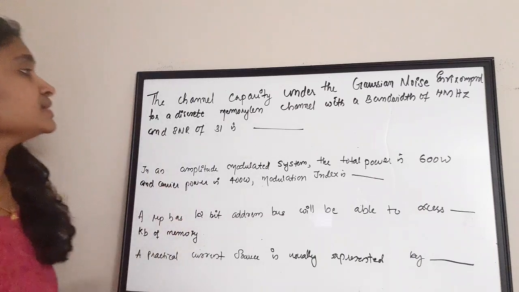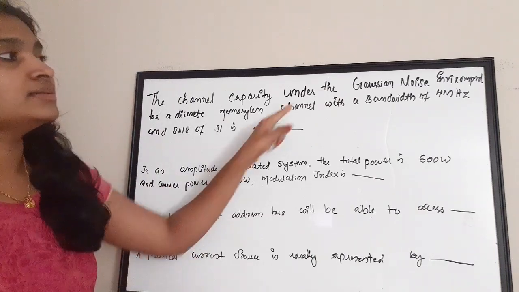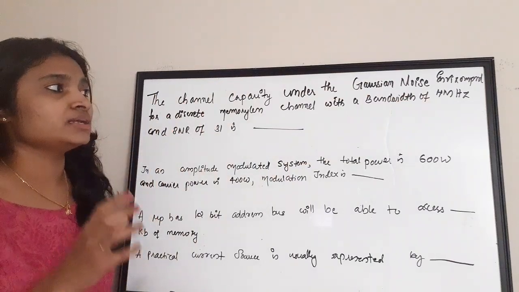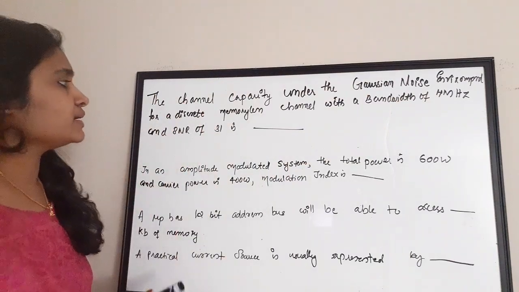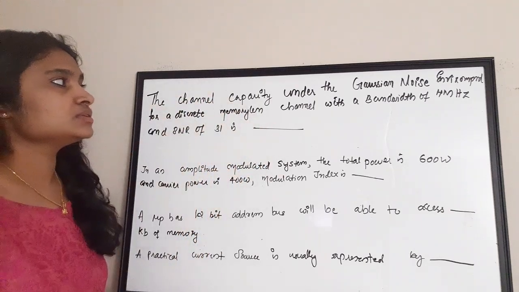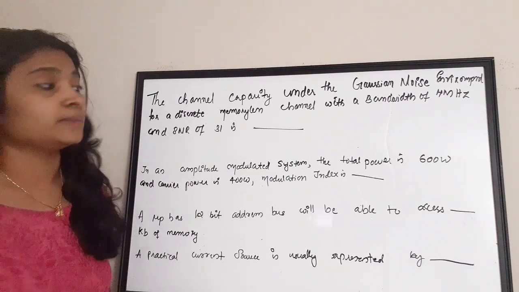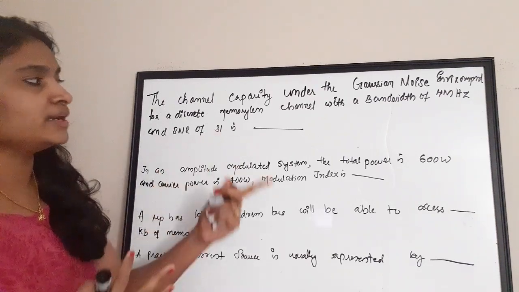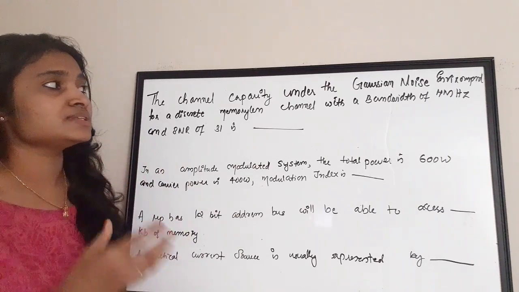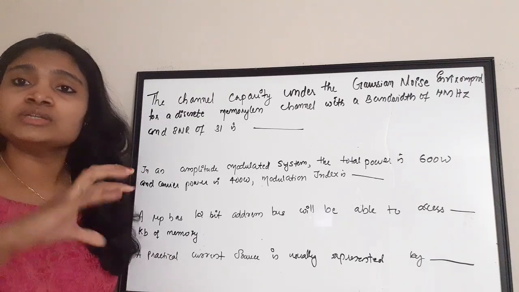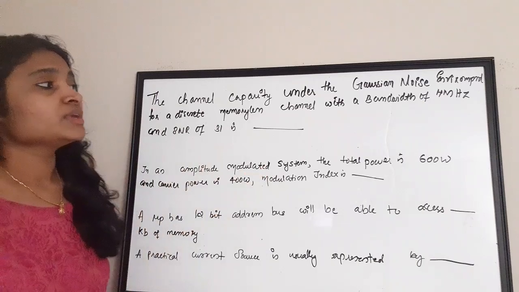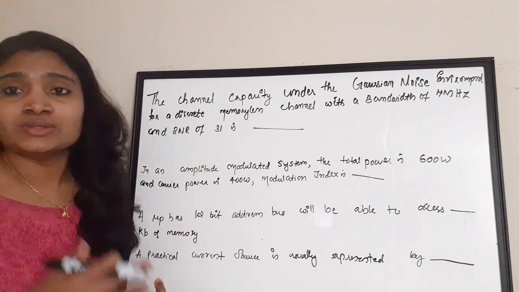Okay, so the first question is: the channel capacity under the Gaussian noise environment for a discrete memoryless channel with a bandwidth of 4 megahertz and SNR of 31 is dash. So this question is asking the channel capacity. When you are seeing the bandwidth and the SNR, you can always think of the equation which gives the channel capacity of a channel with particular noise. Here it is Gaussian noise. The equation or the relation is called